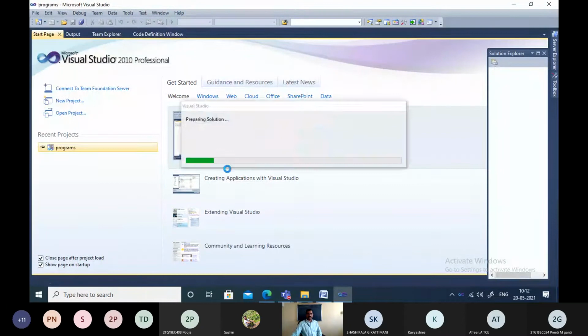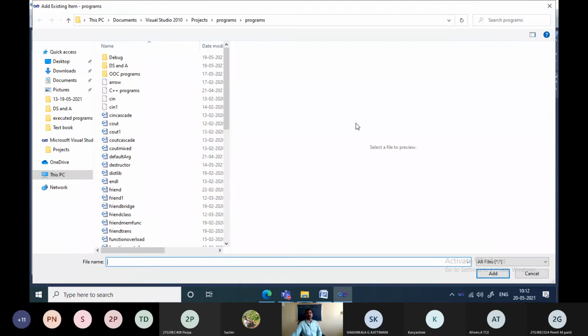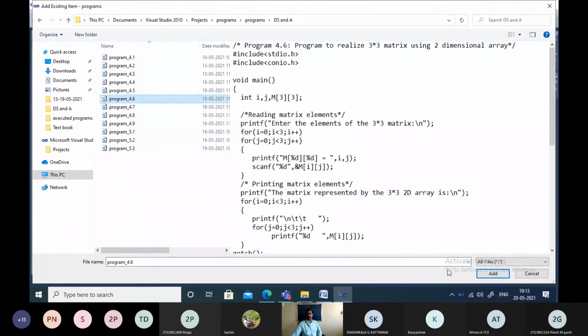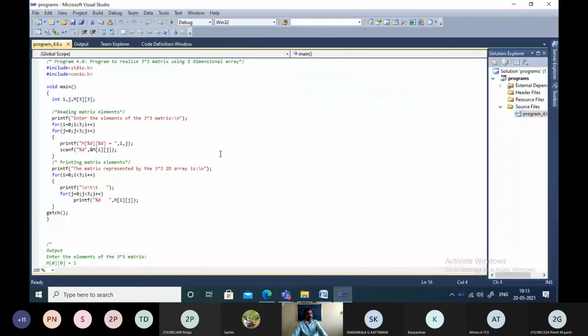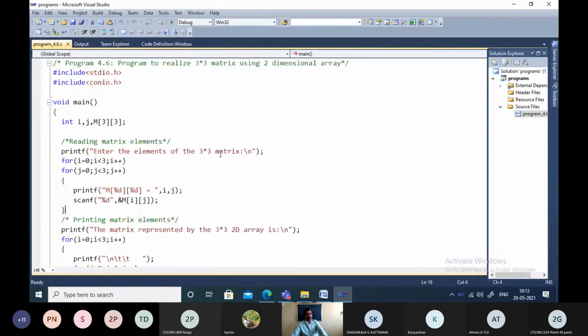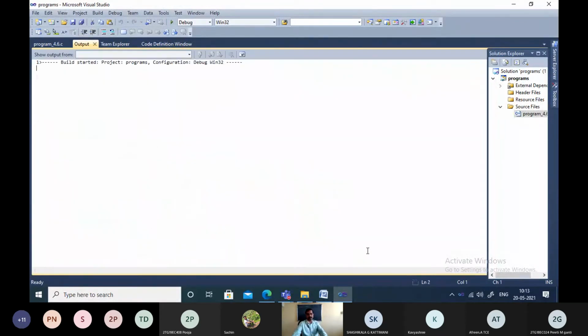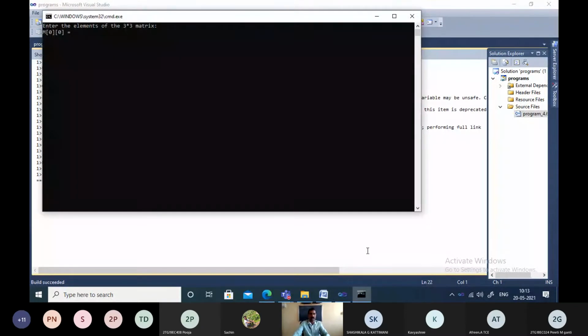I'll just give the demonstration so that it gives the accuracy. Existing system, 1 second, DSIE, it was the 4.6 example program. Right, this is the program whatever we have just gone through. I'll just run the program.